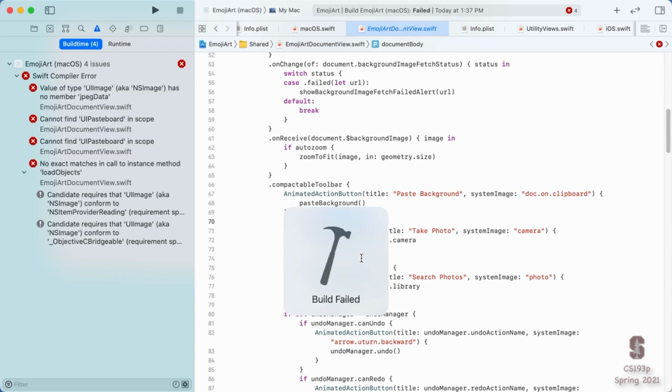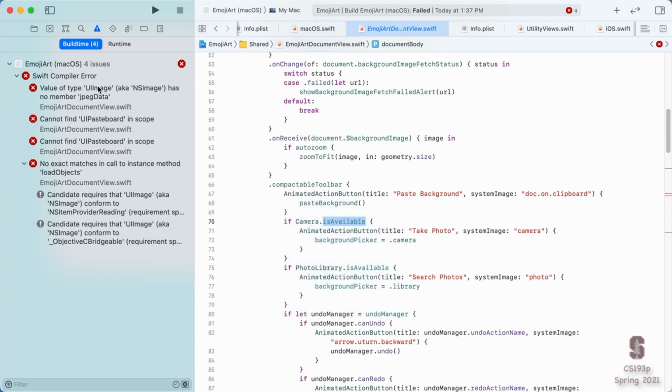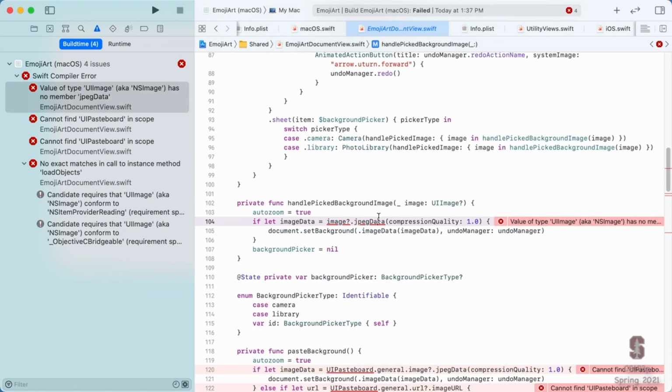So if we build here, get rid of that. Ooh, it's getting quite a short list here. How about this one? UIImage jpegData. Oh, what a bummer. So one of the differences between UIImage and NSImage on the Mac is that there's no jpegData function. So converting an image to some data is different on iOS and macOS. On macOS, we use things like tiffRepresentation and other functions that can do this, convert it to data, but it's just not the same function.